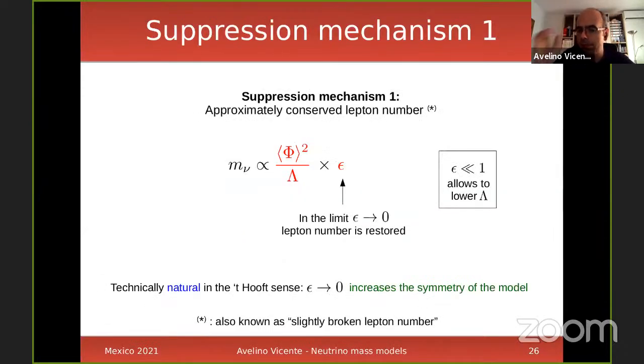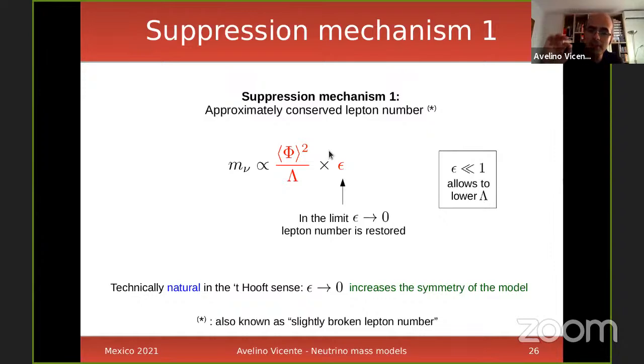So in general, in these models, what you want is to have the factor that you always have, the value of the Higgs squared divided by lambda, but also some parameter in the model which is very small. What is the idea? If the parameter is much smaller than 1, then lambda needs not to be that large. You can use lambda much closer to the electroweak scale, because you don't need to suppress neutrino masses with lambda, because you can suppress with epsilon. So you get this additional handle. You can change the typical mass of your seesaw mediators and lower it to a scale that you can reach in experiments. So this is very nice, and this is the main motivation.